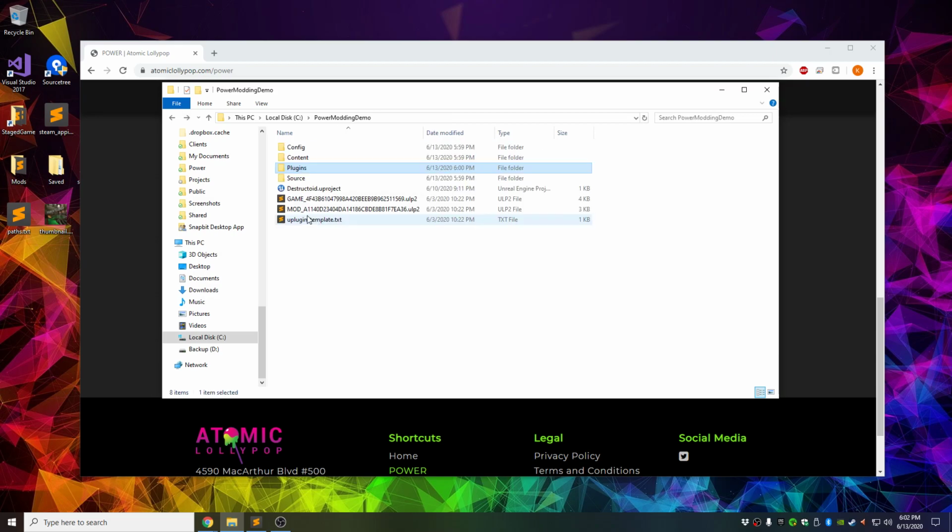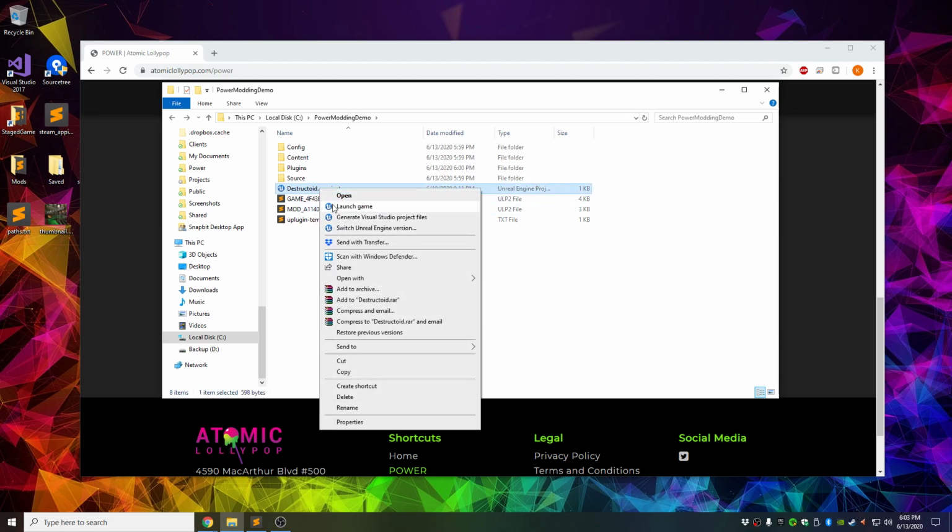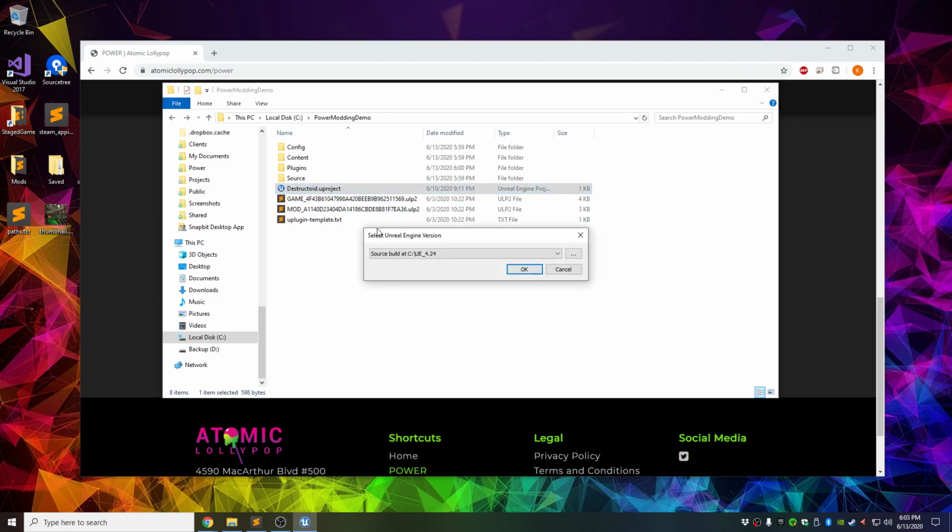So then what we're going to do is go back out to this main folder here. And in my case, if you right click this project file, there's a few context options. I have to switch my Unreal Engine version because I have a couple different versions installed. In your case, you can just generate Visual Studio project files unless you do have multiple versions installed. So from here, I'm going to click this, and I don't want this. I'm not going to choose my source build. I'm going to choose this Epic Launcher version here, and I'm going to hit OK, and that's going to generate